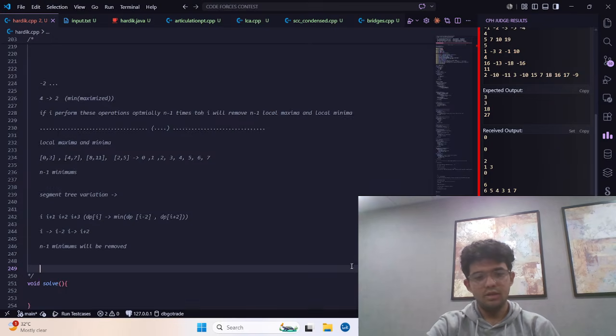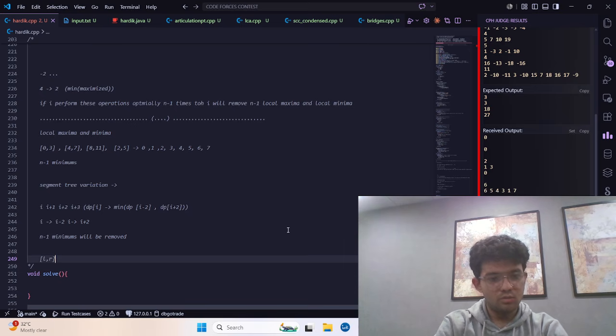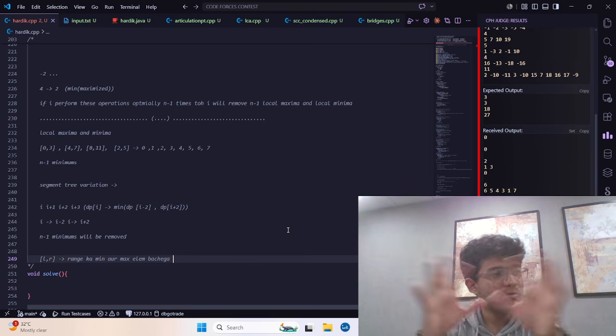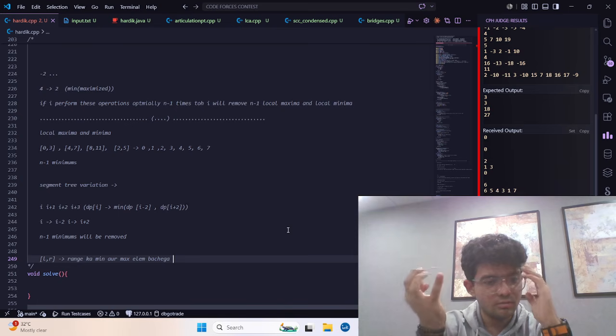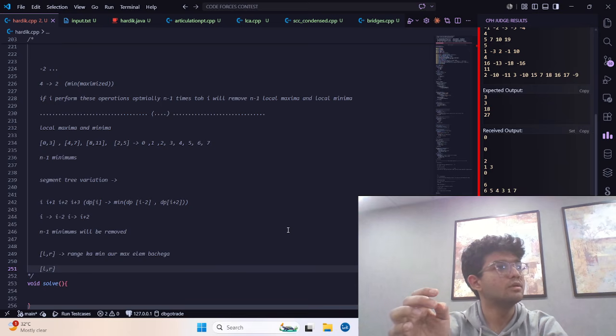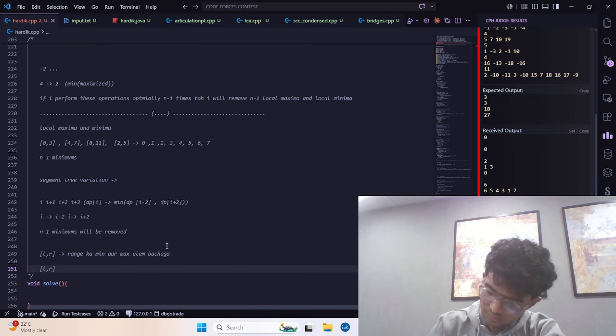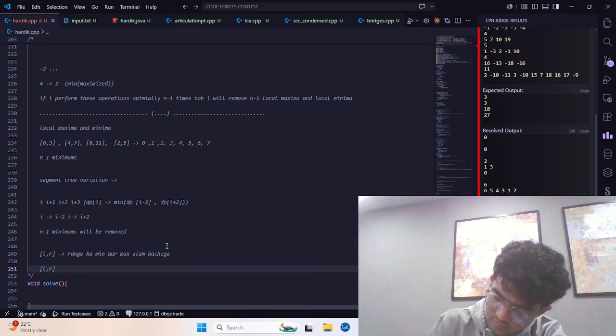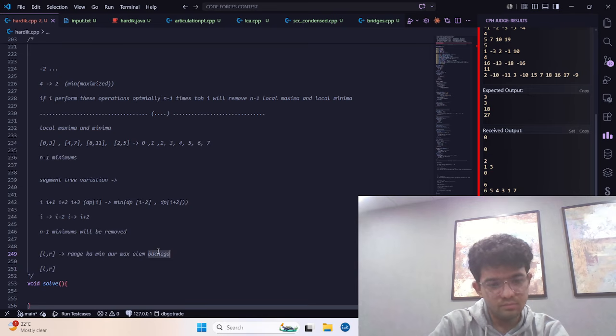दैट देयर इज वन मोर ऑब्जर्वेशन दैट आई मेड कि अगर मैं कोई एल और आर रेंज को रिमूव कर रहा हूँ, कितनी भी ऑपरेशंस करूँ इस एल आर रेंज के अंदर, तो मेरे पास हमेशा रेंज का मिन और मैक्स एलिमेंट बचेगा। मतलब एक एल आर रेंज के अंदर अगर मैं सारे ऑपरेशंस लगा दूँ, सो इस रेंज का मिनिमम और इस रेंज का मैक्सिमम एलिमेंट हमेशा बचेगा मेरे पास। सो आई कैन डू वन थिंग, सी मेरे पास एल और आर एक रेंज है, इसका मिनिमम तो नहीं, मतलब हमेशा हटेगा। ये हटा, ये हटा, ये हटा, ये हटा, मतलब बीच के एलिमेंट दो बचेंगे।